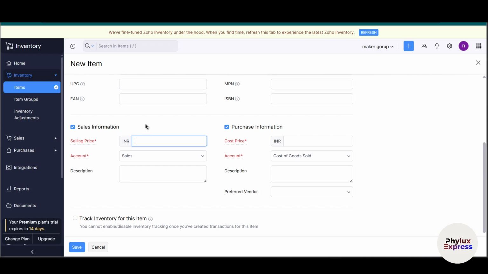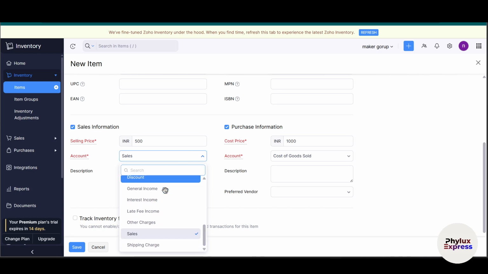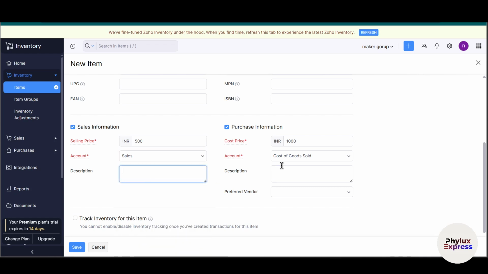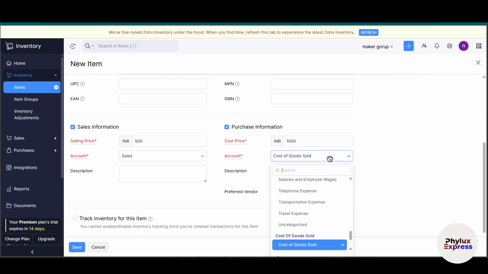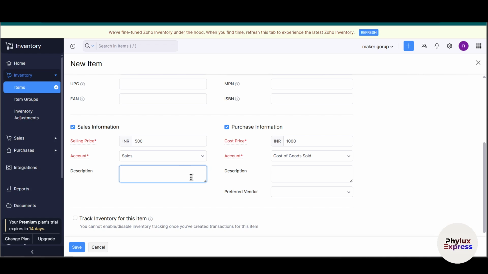Then you have to enter your retail price. It's like 5,000 rupees, and the cost price, which will be the purchase price. What is the cost you pay to buy? So it's like what I'm selling at. Then we have account. Choose the right income or expense account if integrated with Zoho Books. So I will choose sales. Then you have cost of goods sold. Then give a description,